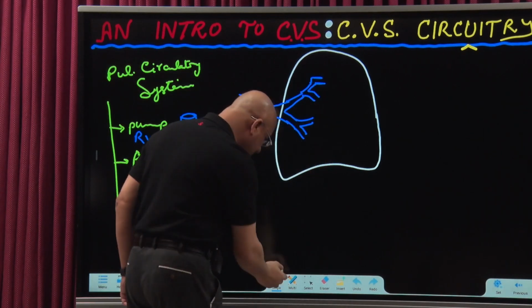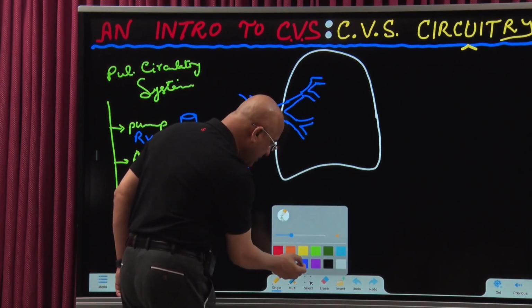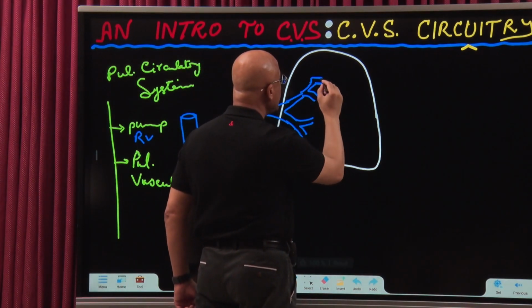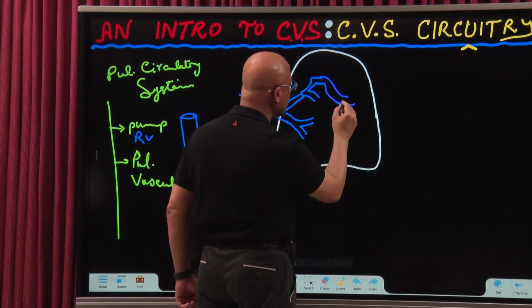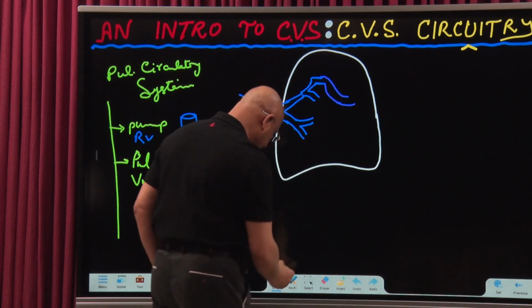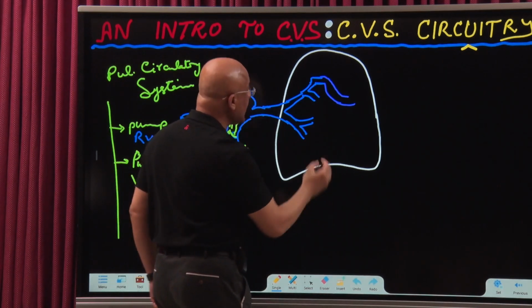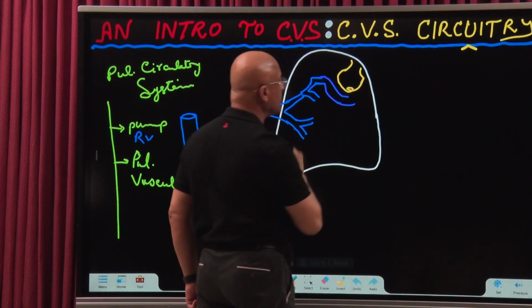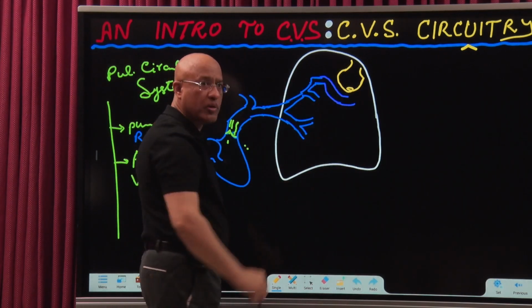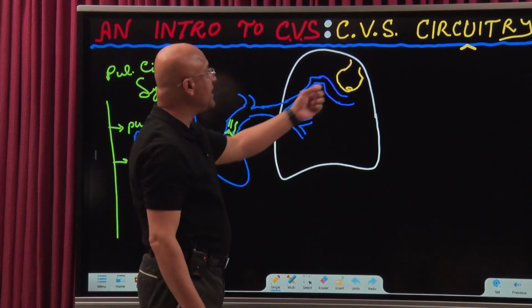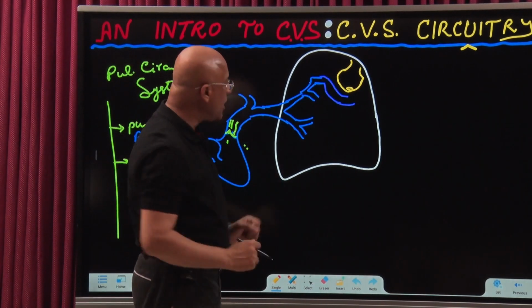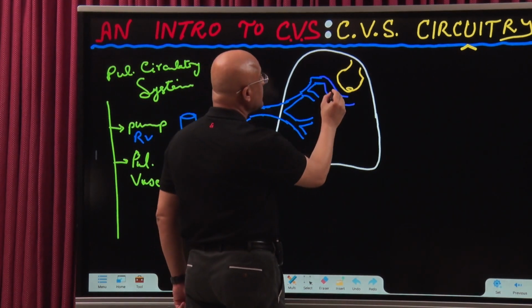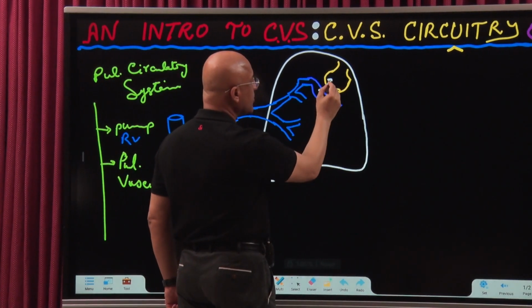Now, pulmonary arterioles drain into pulmonary capillaries. What is this? This vessel is pulmonary capillary, and pulmonary capillaries are actually surrounding the alveolar system for gas exchange, right. These are the pulmonary alveoli or air sacs where the air goes, right. Now, this is the point where basically exchanges occur, and carbon dioxide is lost